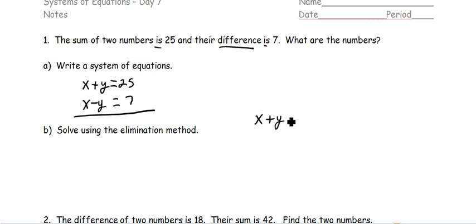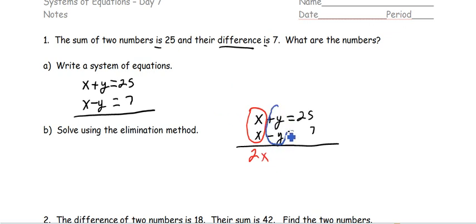x plus y, I'm going to rewrite it here, equals 25. x minus y equals 7. So let's add these two together. That gives me 2x. Let's add these two together. That's 0. And then let's add these two together, and we get 32. So we now have 2x equals 32. Divide by the coefficient,